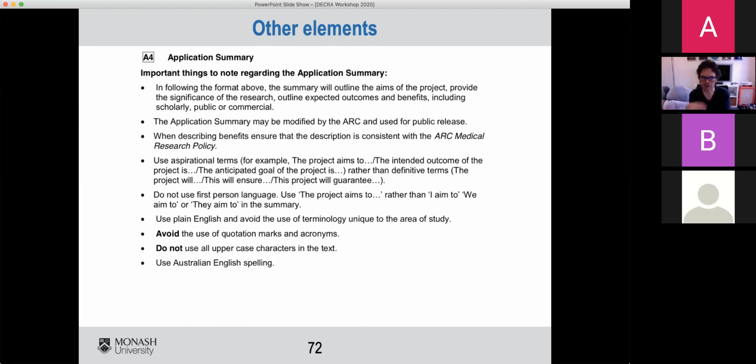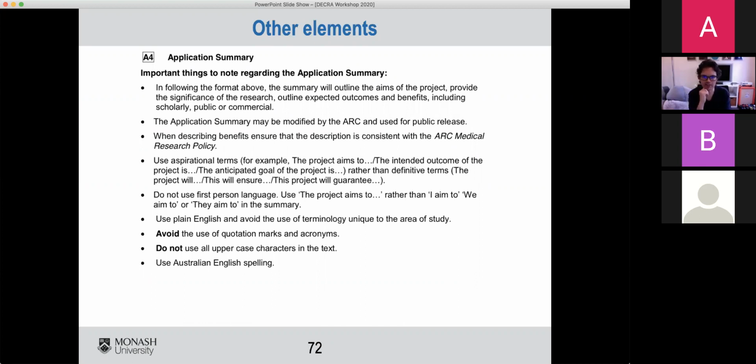Okay, and then there's just some more advice here about making sure that you follow the rules, the requirements for that summary. But also there's an important consideration, which is when you're describing the benefits of the project, ensure that the description is consistent with the ARC medical research policy.